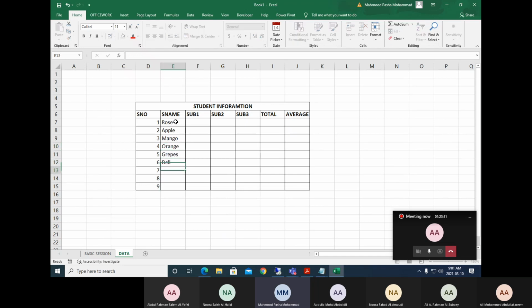Something like that. So subjects are given here: 34, 54, 65, something. And also some data. So here also I'm giving some data over here. Some more data.